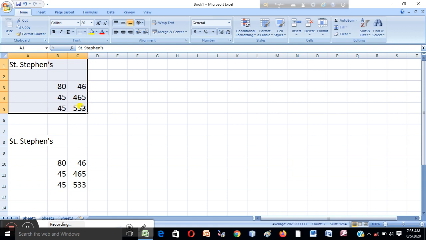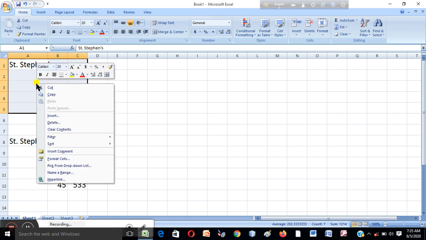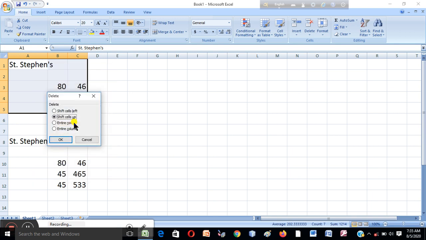Suppose you want to delete this row, so right click, then select the delete option, then there is the option entire row.